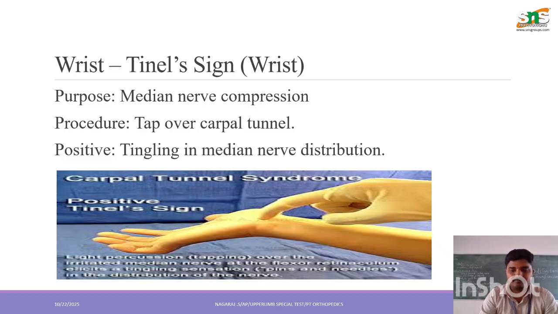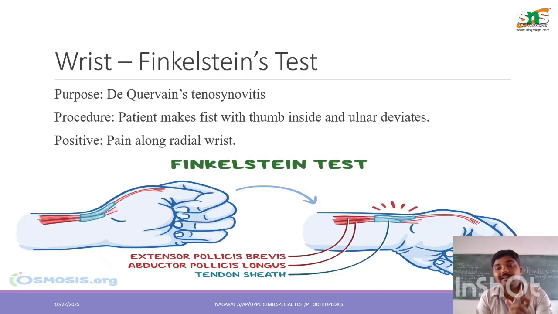Then the wrist Finkelstein test. The purpose of the test is to detect De Quervain's tenosynovitis. It will be positive for this condition. Procedure: the patient makes